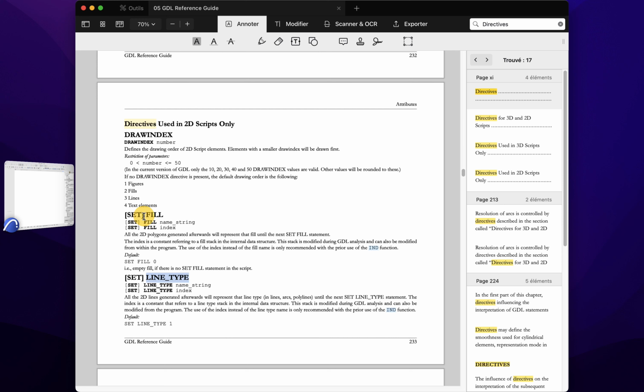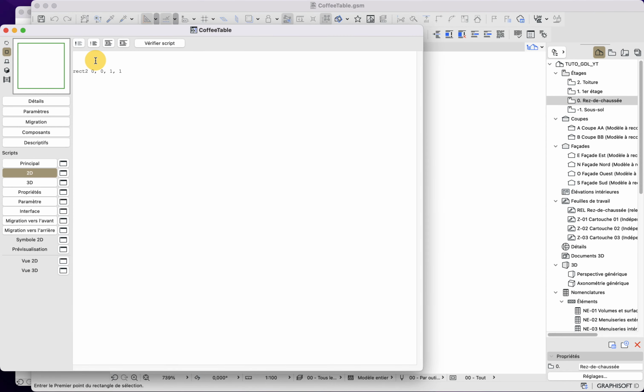Every time you see brackets in the description or the name of the command, that means that this information is optional. You can see it on arguments, or in the command name. It simply means that you do not need to use it. So what we will do here is define a pen, a fill, and also a line type as well.